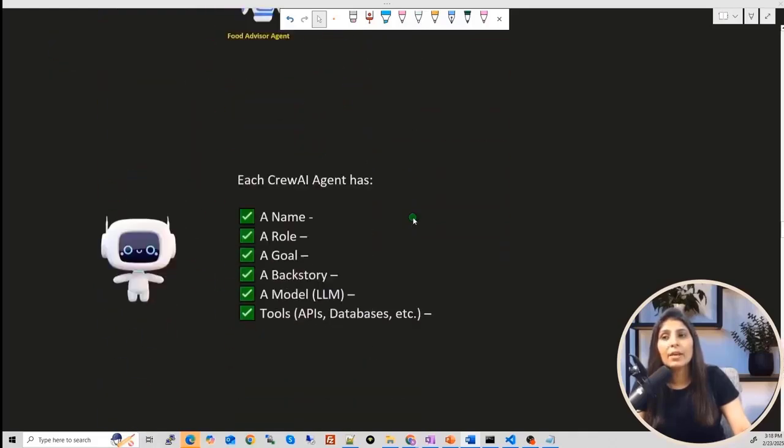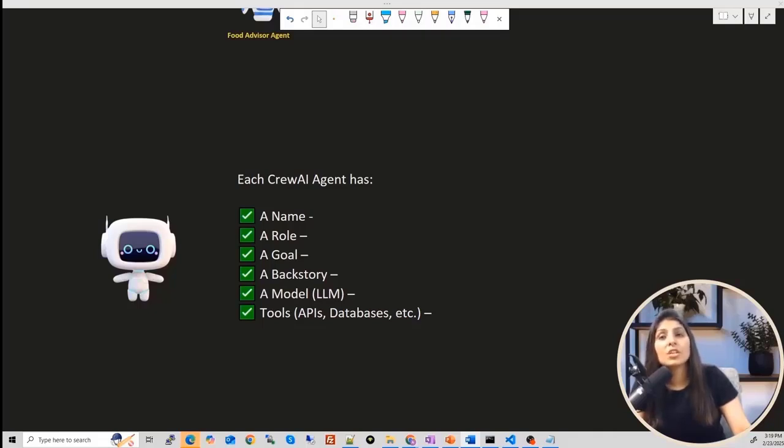And in Crew AI, we define an agent like this. Whenever you are using an agent, you will provide all these details. First is the name of the agent. Each Crew AI agent has a name. It can be sales agent, FAQ agent, tech support agent, like this. Then each agent will have a role, means the responsibility of that agent.